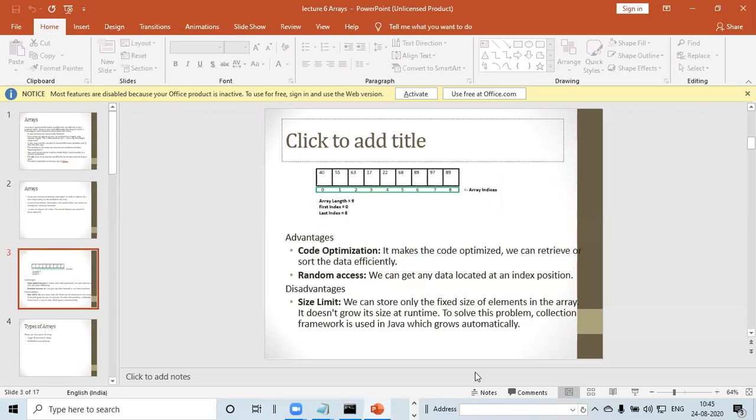Okay, so the major disadvantage of arrays is that we have a size limit. We can store only a fixed number of elements. This is one of the side effects of an array. But we can also solve this problem in Java, as we know, by the concept of the collection framework. We are not covering that particular topic here, but there is a provision to extend your array size by using the collection framework. Next,